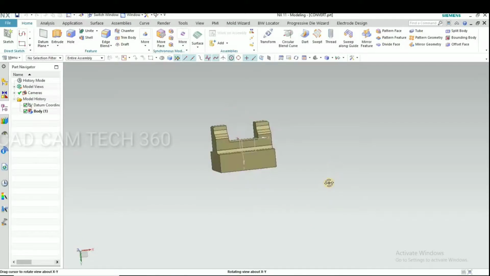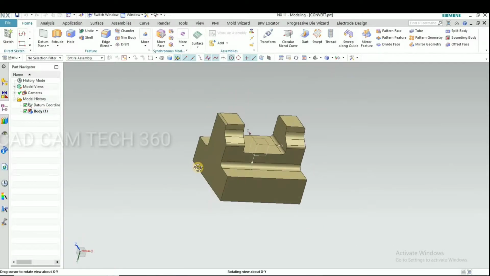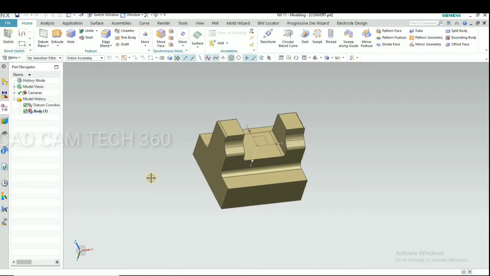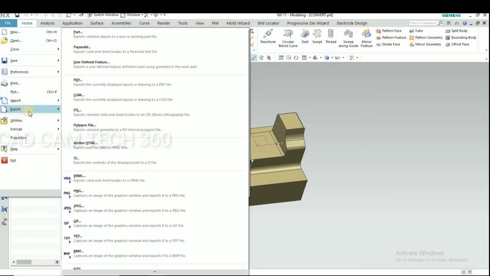Hello guys, today we are going to convert this part to parasolid, iges and step file. Okay, let's start how to convert this. Go to file and export and select your parasolid,